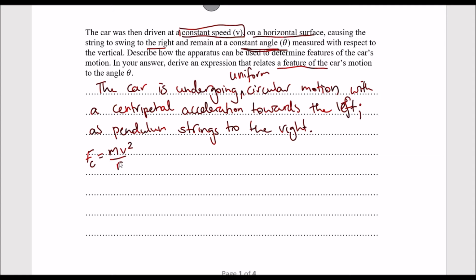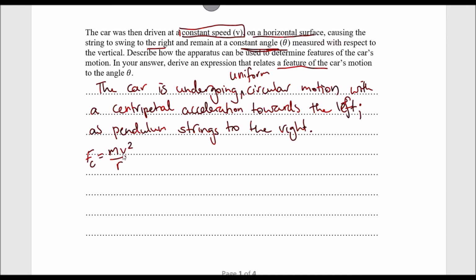You could talk about the radius at which the car is going in its circular motion, or it could be the velocity. You might even want to find the centripetal acceleration. So there's all these different considerations that you can look into. Okay, so to the right, what we could say is